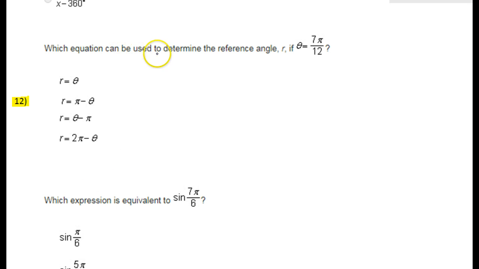Which equation can be used to determine the reference angle R if theta is equal to 7 pi over 12? So let's talk a little bit about what a reference angle is. So first of all,